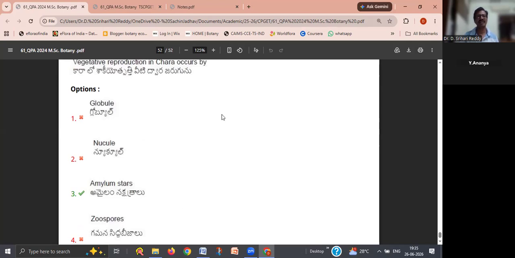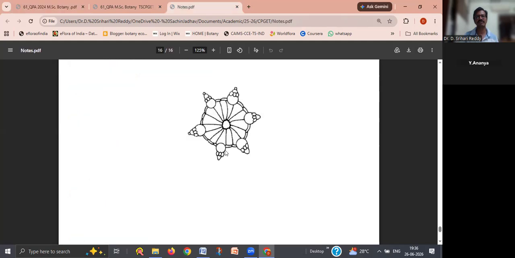Okay, and we find globule and nucleus, but these are the reproductive structures. Okay, globule and nucleus are the male and female gametophyte. Okay, and here amylum stars is the right answer. With the help of the amylum stars, you see here, this is the amylum star, which is characteristic to the